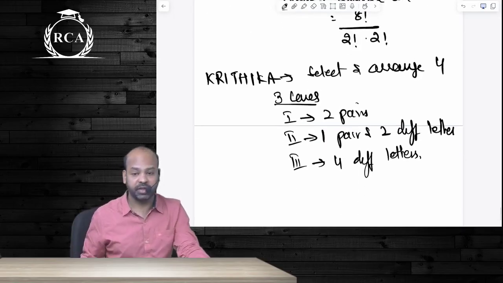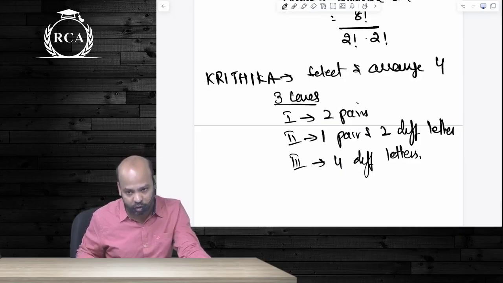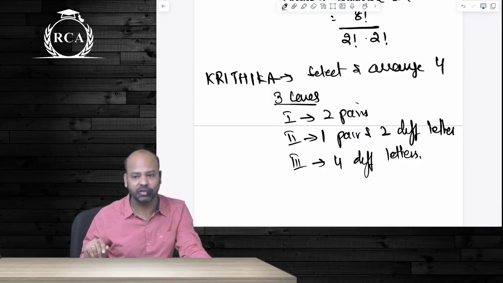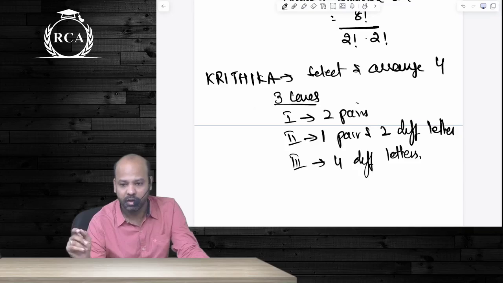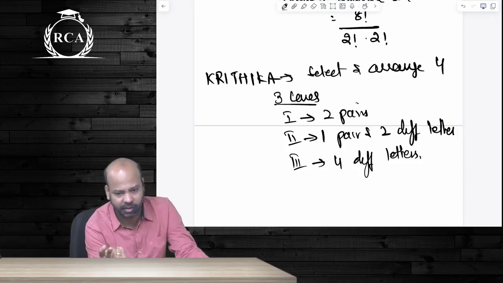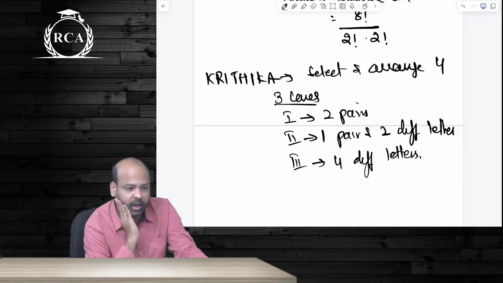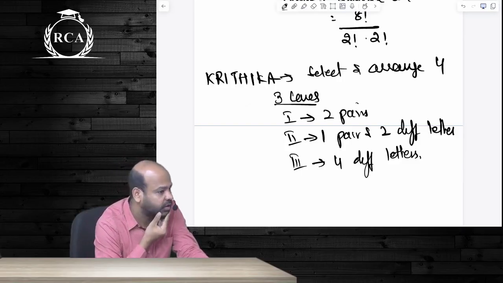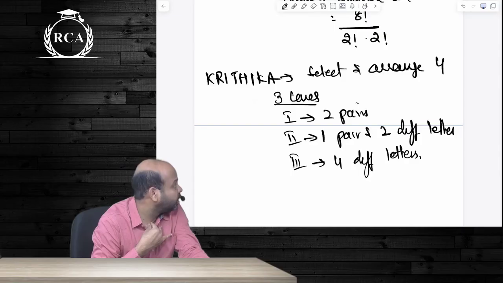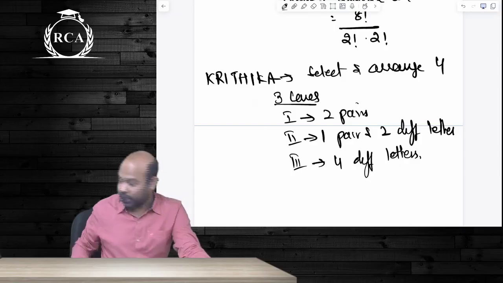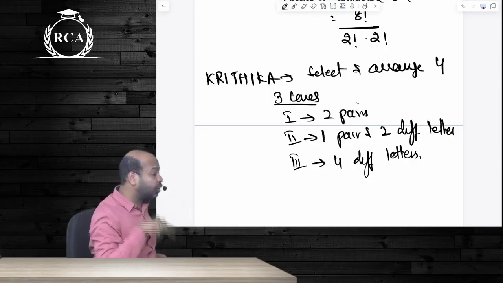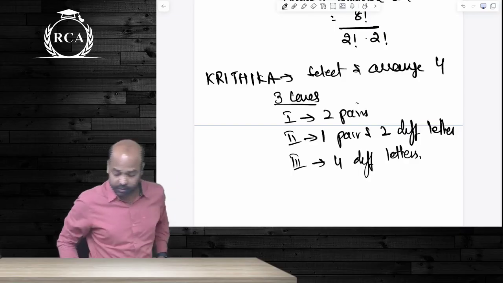This is if repetition is given in the question, and you have to arrange them. Check, are you selecting all of them? Normally when repetition is given, you're supposed to select and arrange all of them. Very rare case, it has come in an exam only once, and that is also the word examination only, that they might ask us to select and arrange a few letters from that total. Are we clear, kids?